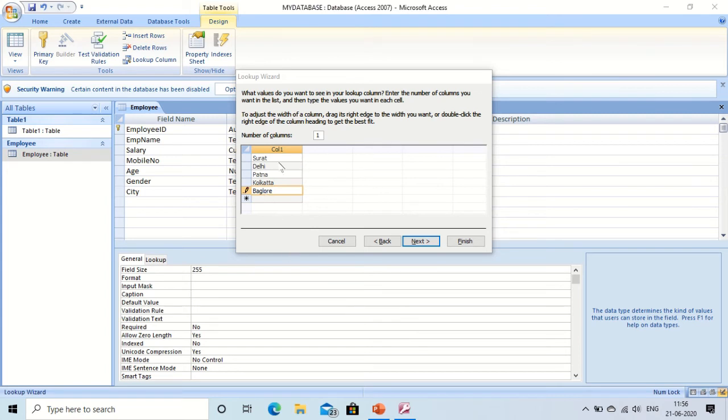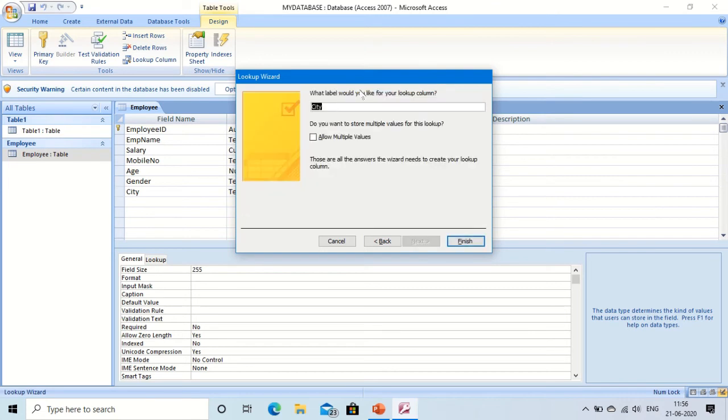Then after giving all this, here we have to change. There is a spelling mistake, so right here Bangalore. Next, and then click on Finish.